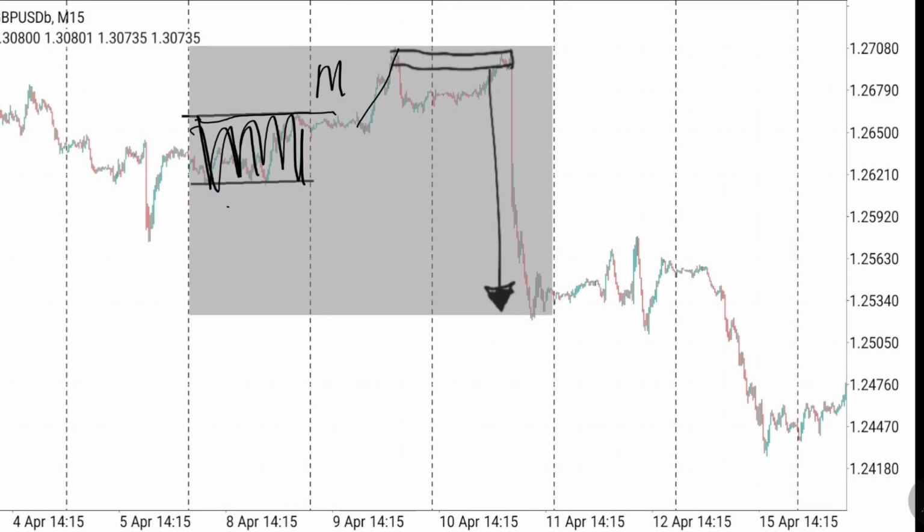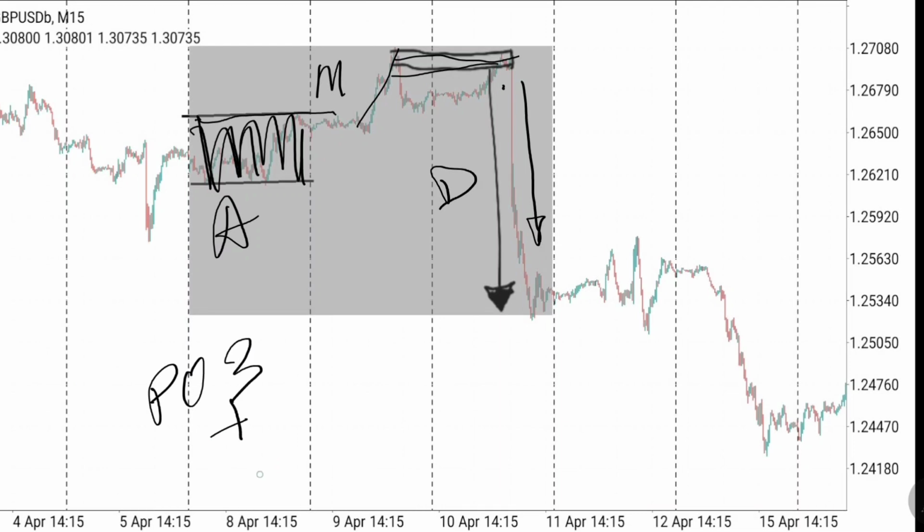All right, this is manipulation, this is AMD, and now on day 3 we have the market return to the order block, this order block right there, before a very strong sell happened. You can see this very strong sell, a very strong distributive move here that happened over the course of 3 days. You can see the AMD played out,